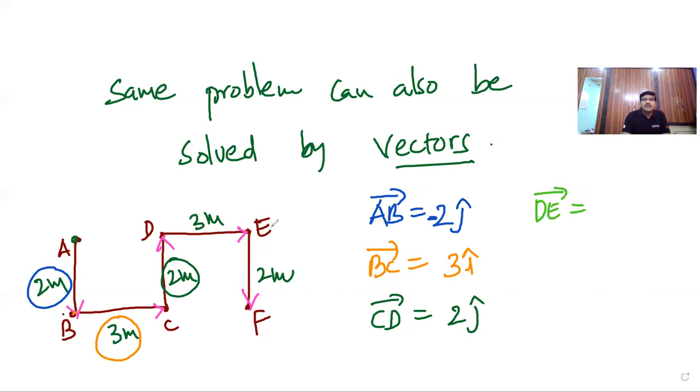Tail to head, towards the positive x-axis. That is magnitude 3 meters, 3 times the positive x-axis unit vector i cap. Positive. Okay. Again,